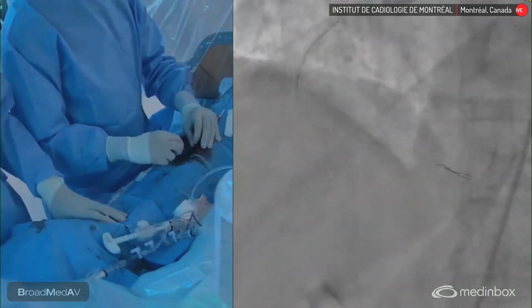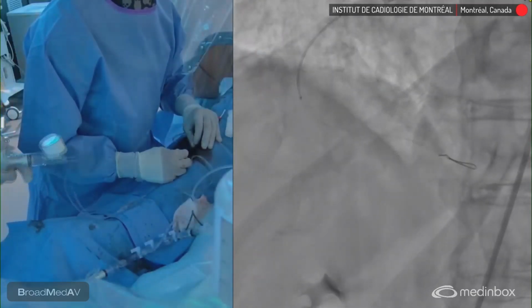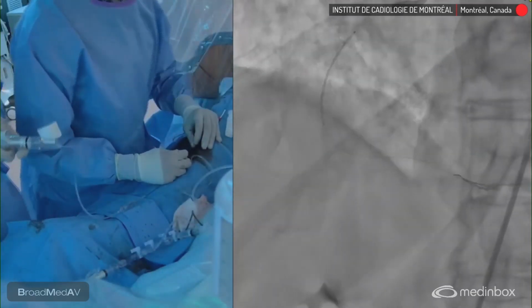And one more issue is that if you look at the distal bed of this vessel, it's currently being caught by surprise by antegrade flow. It actually looked a bit better